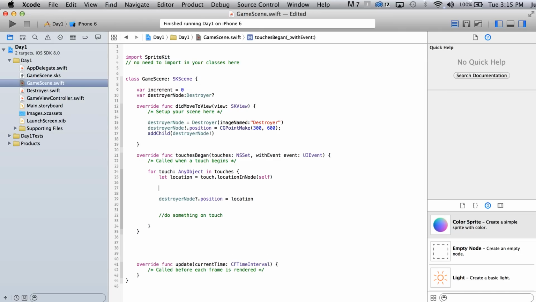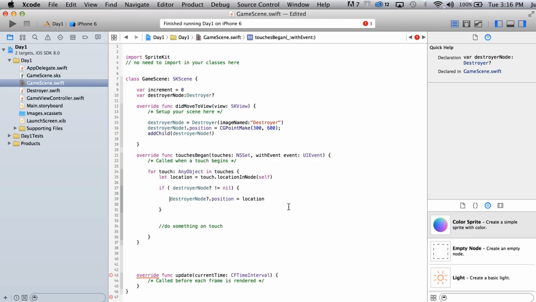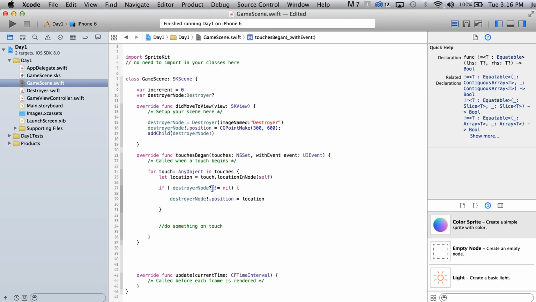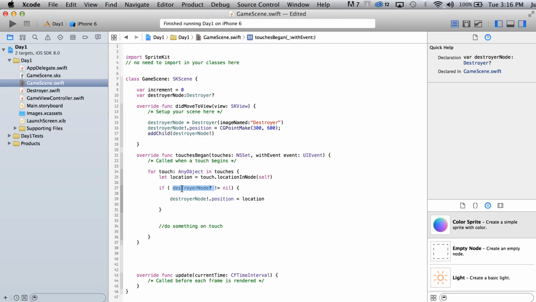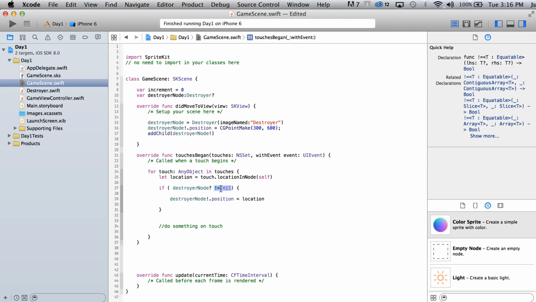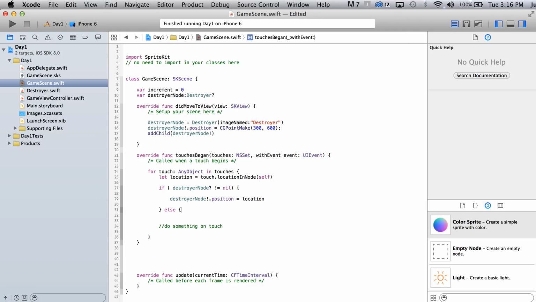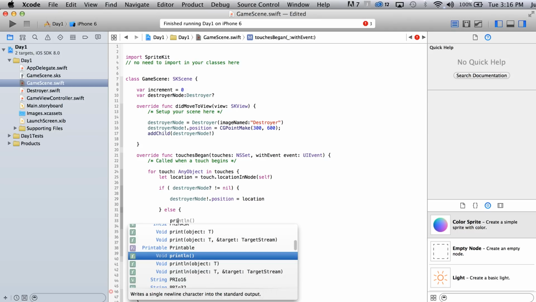Let's think about this for a second. What if we wrote if and then destroyer node does not equal nil? How about that? And then put everything inside of here. Now I would imagine that it makes a little bit more sense to put your exclamation point right there, because we know that this has a value. All right, so this is essentially saying, well, this may or may not be nil. All right, but let's test it. Okay, so if that does not equal nil, well, then we can do everything inside of here, and then we can throw in an else statement that says something like print